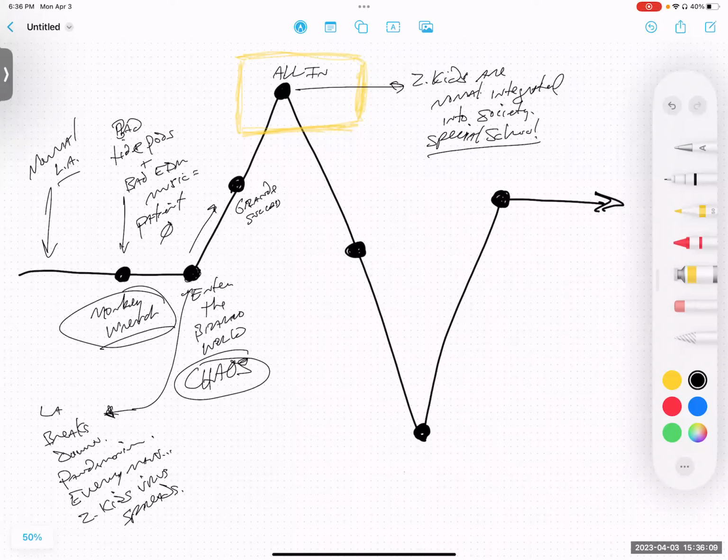Grande success is somewhere between chaos and integration into society. So let's say grande success is where we figure out how to suppress the virus and stop the spread. Okay, suppress the virus and stop the spread. So there's no new zombies being created because we can inoculate against it, and we've learned how to suppress it just enough to where the kids can go back and, you know, they may not be able to live at home, but they can live in this sort of special boarding school, et cetera, et cetera. There's going to be sort of the Z Kids Academy that we see in the All In. Okay,